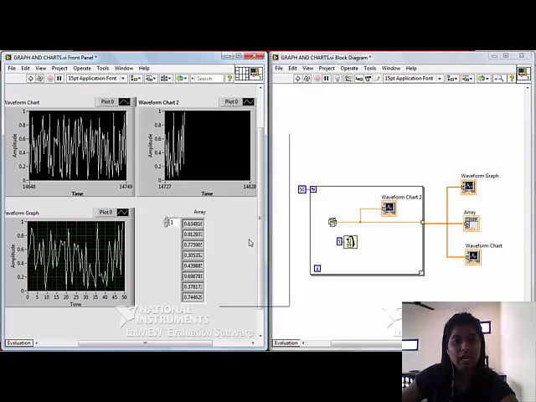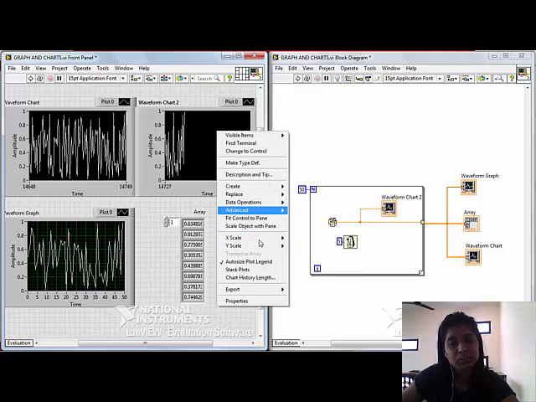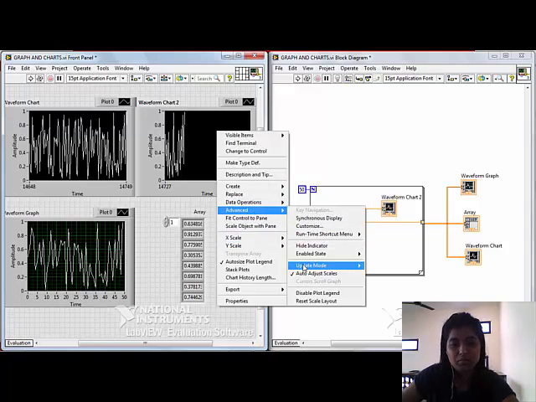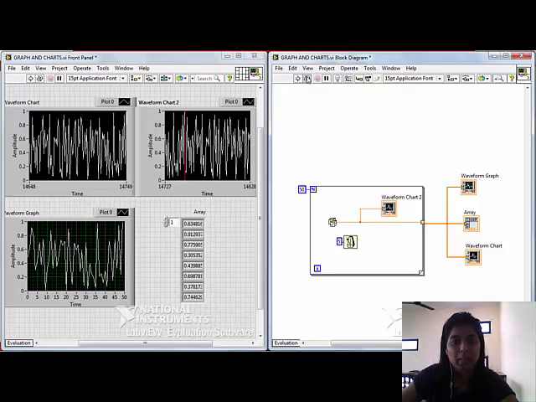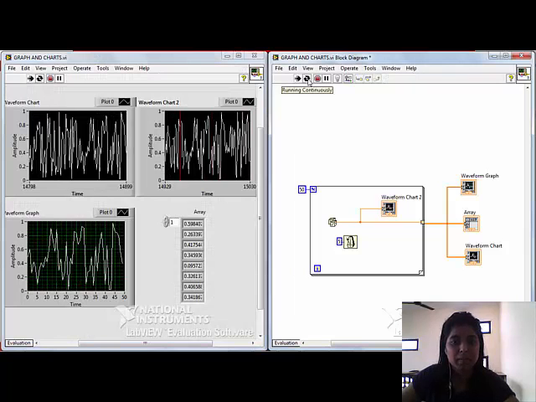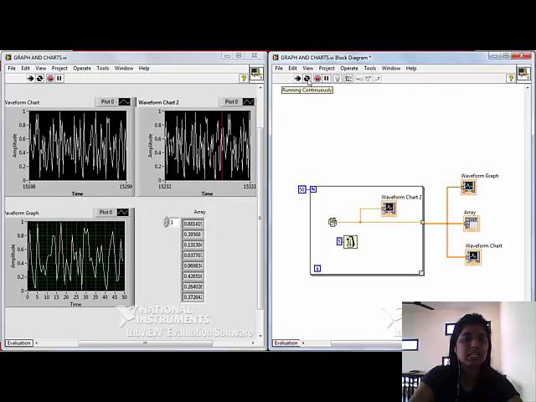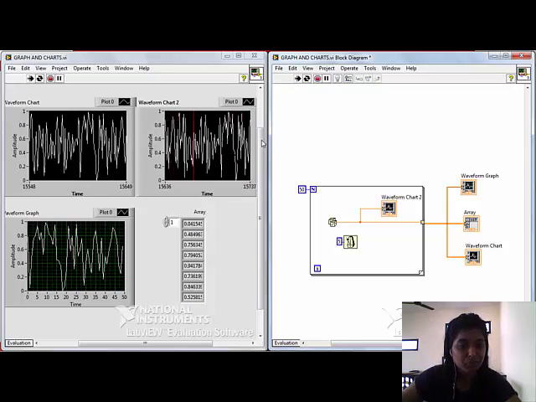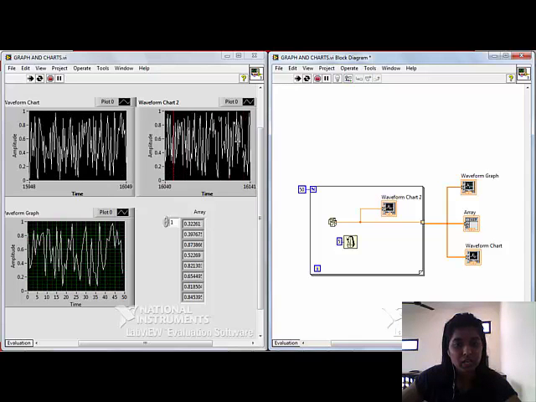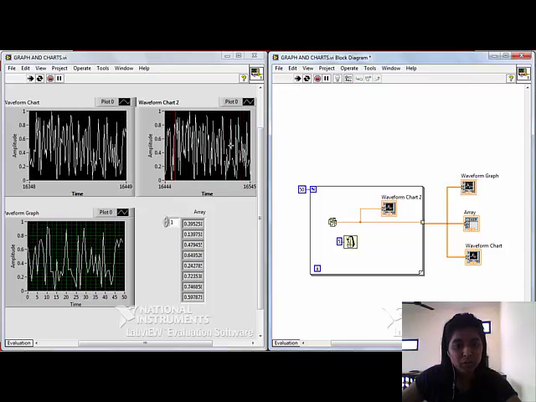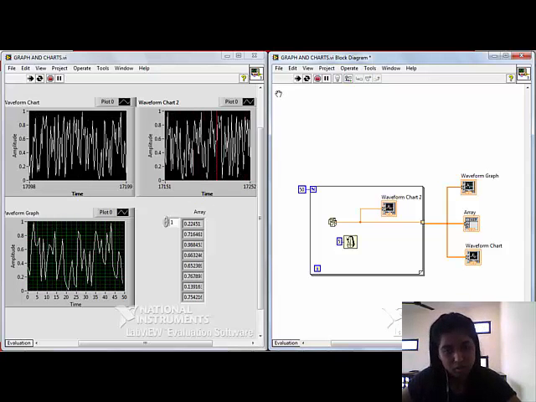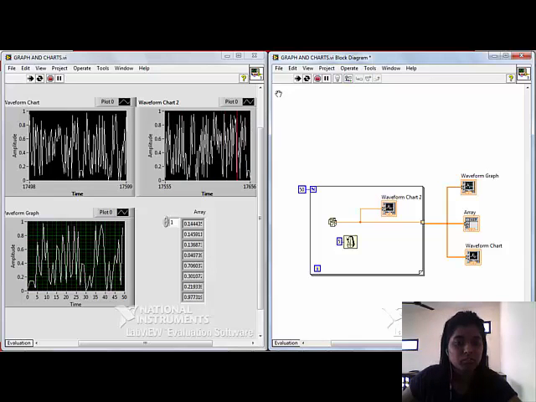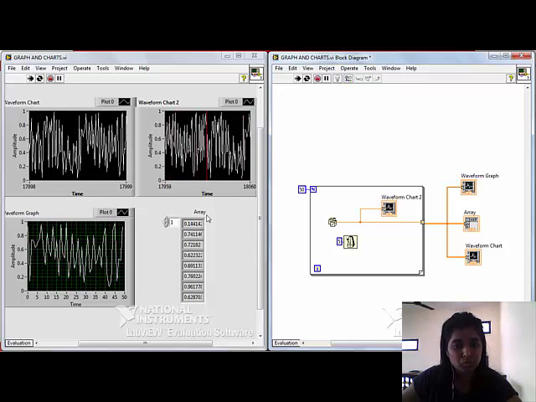And the third type we can see is the sweep chart in the advanced update mode. You can see my new data is coming from the left side and my old data is on the right side, and this red vertical line is separating that data. This is the difference between the three update modes in the waveform chart.